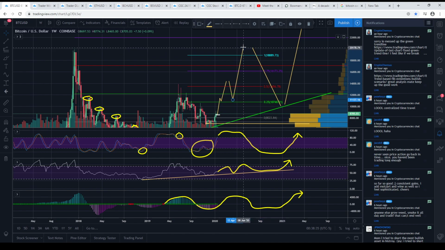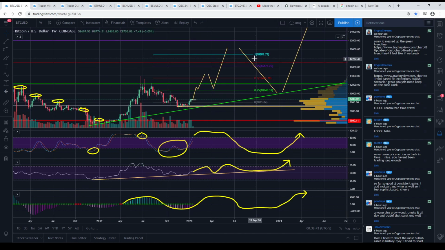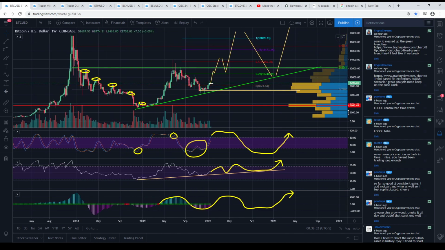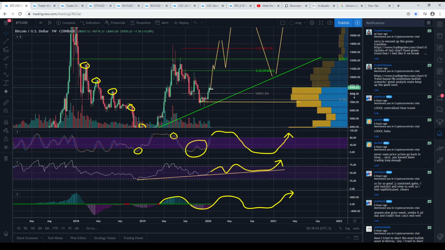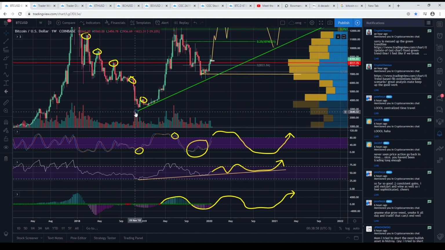Most people think if we break 20K, we're going to go above 20K and stay above there, and I don't think that's a reality. Crypto tries to screw over everybody that is not in the know. So we're going to correct after that. That's going to be enough. And we're going to come down to, I believe, the trend line right here that we have been making since the lows.